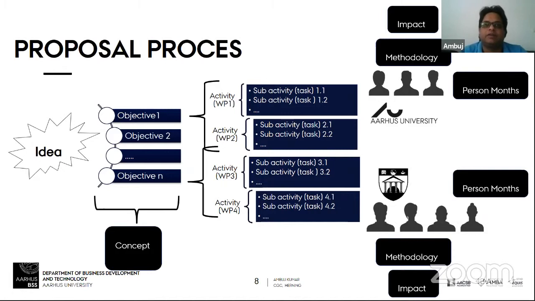So each partner evaluates the person months. I mean, how many people for how many months will be working to carry out this activity. And once this is decided, then you form the budget and the timeline. So the budget should fit well within the bracket of the call. If a call says that the maximum funding is 5 million euros, your budget should not exceed 5 million euros. That's why this is marked as red, because it is very important to converge your entire process within that funding bracket.